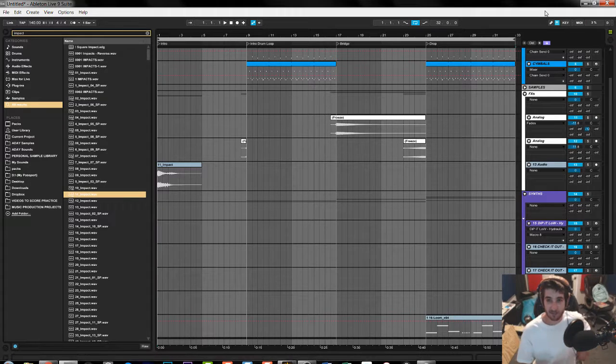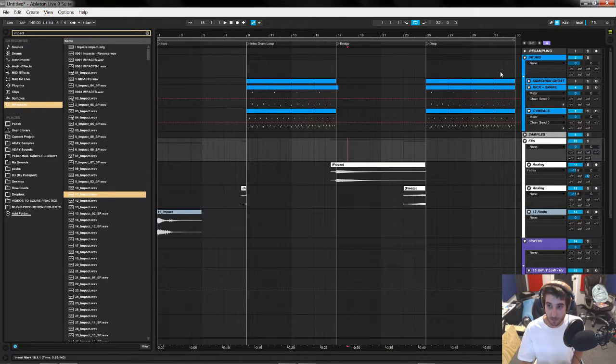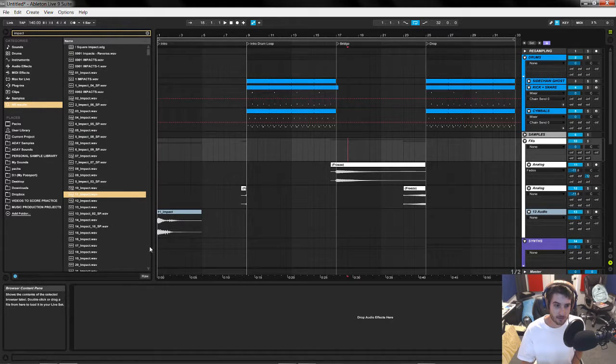Oh, yeah. Definitely. I just learned that lock thing right here. This automation lock. For the longest time, I was trying to figure out how to do that and not have it move. But I always forget to turn it off when I want it to move. But I believe there's a shortcut for it. Let's see. No, there is no shortcut. Okay, so you just gotta click it, which is kind of annoying.